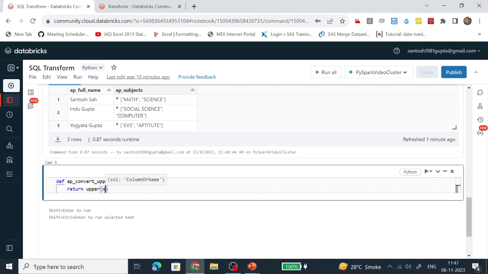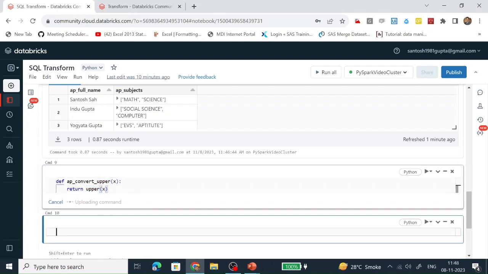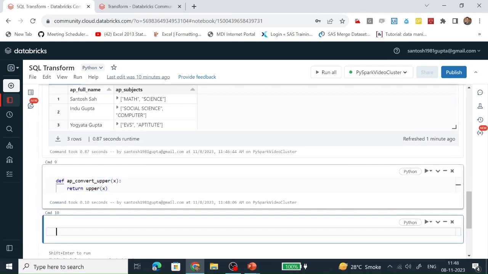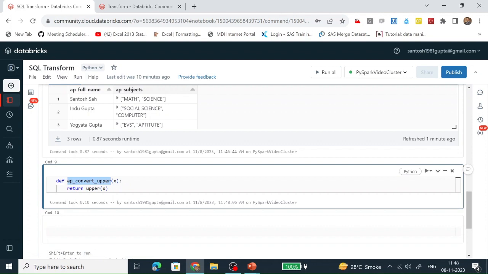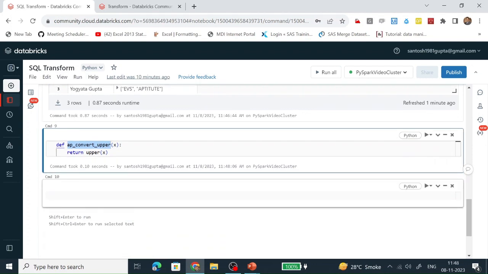So we are passing x as the parameter value to upper. It will convert x into uppercase. Let's run this function. This function has been defined successfully.